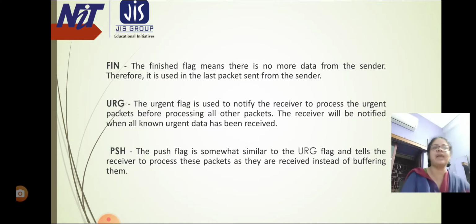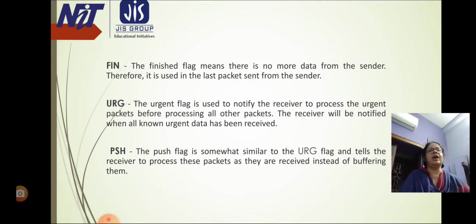One of the flags is reset. RST, or reset, is used to terminate the connection if the sender feels something is wrong with the TCP connection or that the conversation should not exist. It can be sent from the receiver side when a packet is sent to a particular host that was not expecting it.